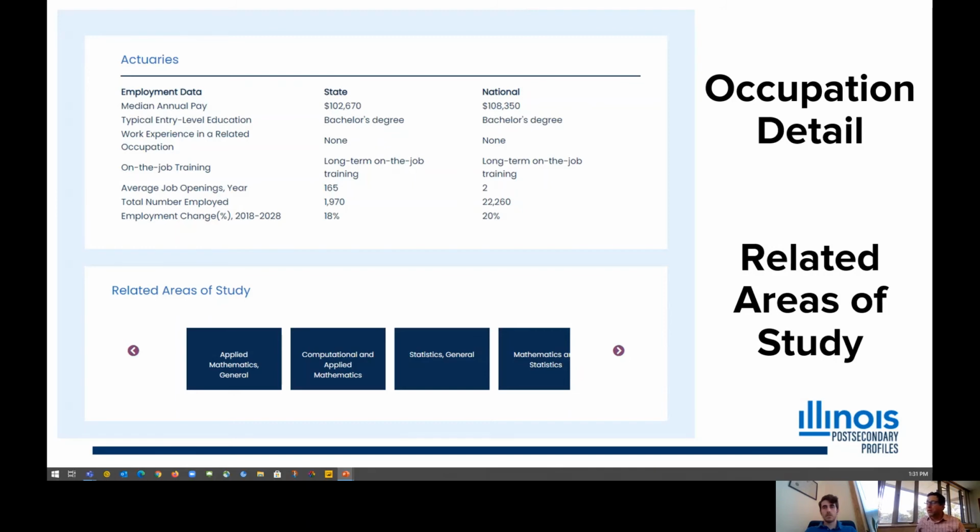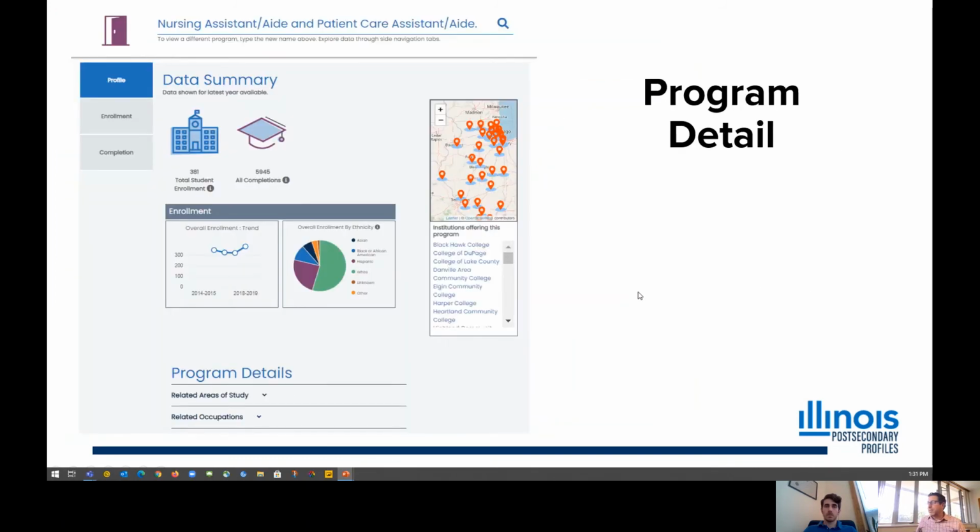So this is super useful as people think about what occupations they might be interested in, to give them a quick snapshot of that occupation. At the bottom of the screen then, it provides the related areas of study. So if I want to pursue this occupation, what programs might I need to engage with in a post-secondary institution beyond my high school diploma to be able to participate in that occupation? And again, I know here to be an actuary, I need at least a bachelor's degree. So that combination of information is going to really help me start to chart a course to get from where I am today to ultimately that occupation.